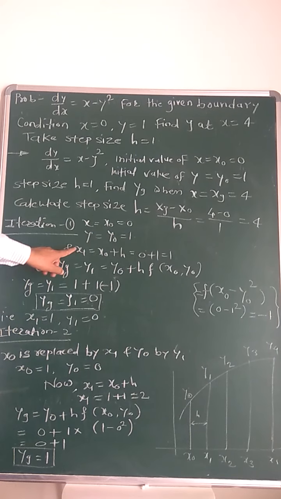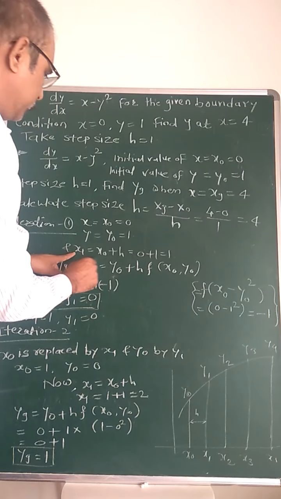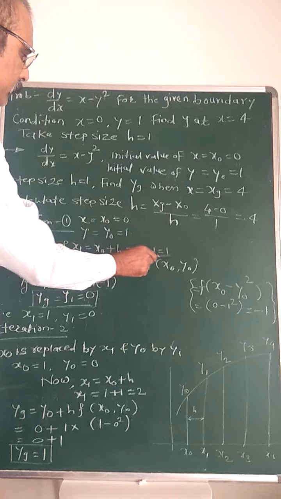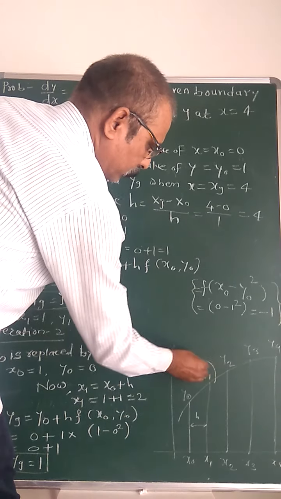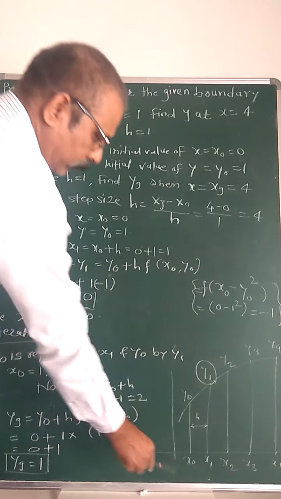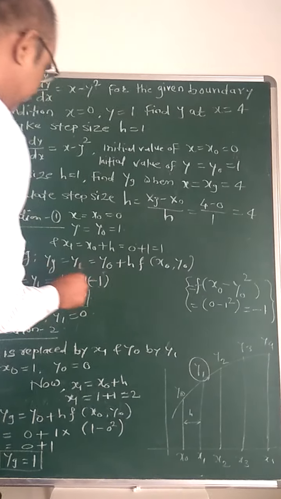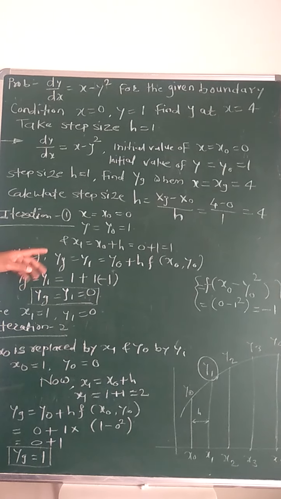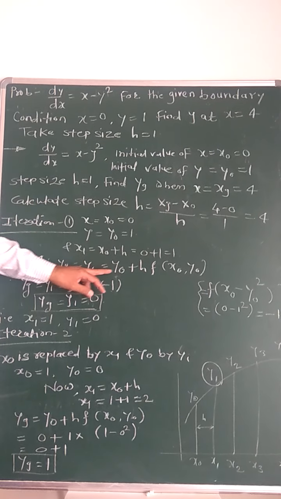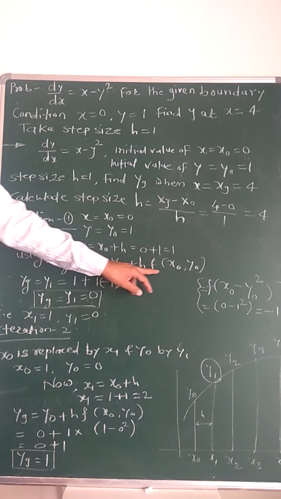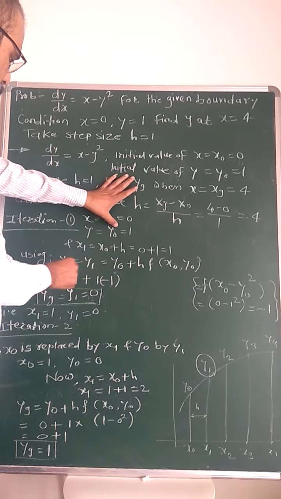Now x1 is equal to x0 plus h, that is 0 plus 1, which is equal to 1. Here you have to find the value of y1 at this x1. Therefore, using Euler's formula, yg, that is y1, is equal to y0 plus h f of x0, y0. Here y0 is equal to 1